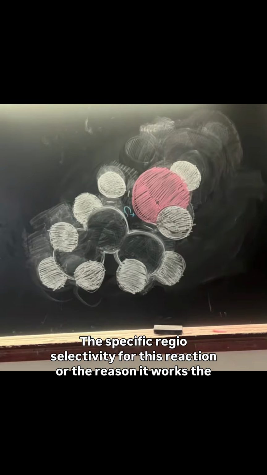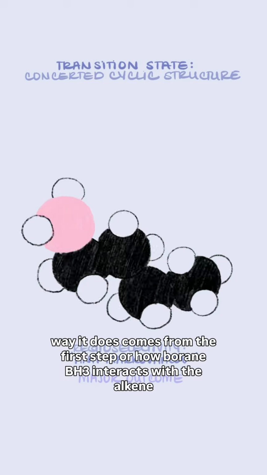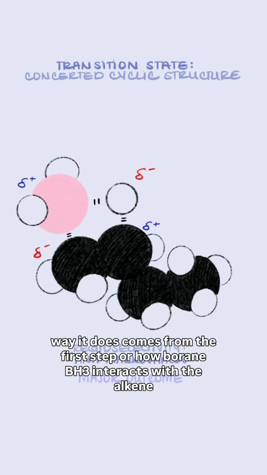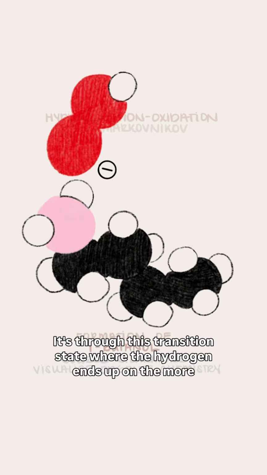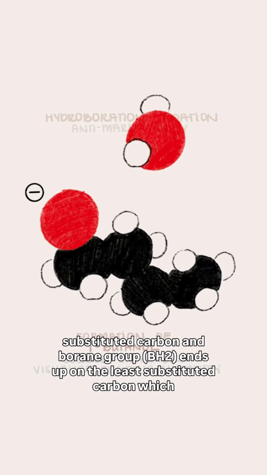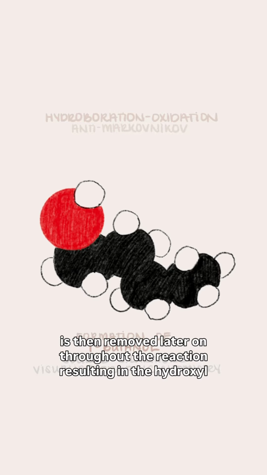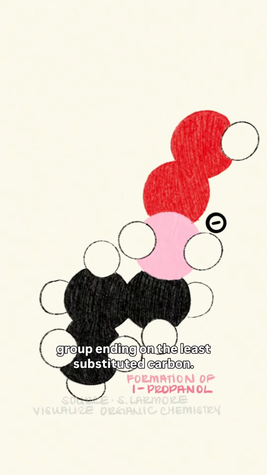The specific regioselectivity for this reaction, or the reason it works the way it does, comes from the first step, or how borane interacts with the alkene. It's through this transition state where the hydrogen ends up on the more substituted carbon and borane ends up on the least substituted carbon, which is then removed later on throughout the reaction, resulting in the hydroxyl group ending on